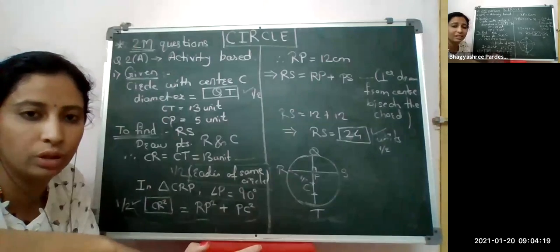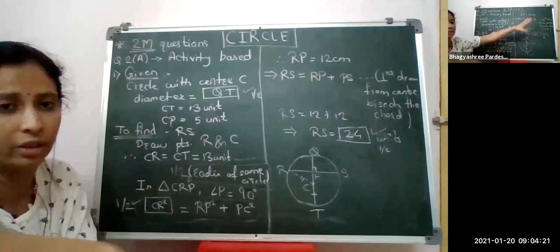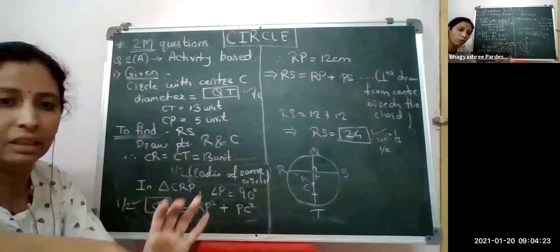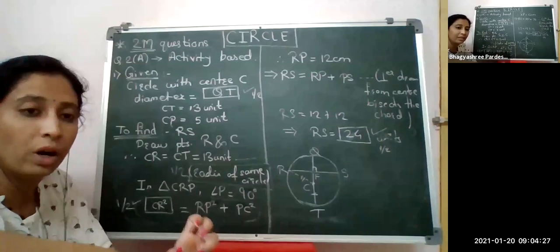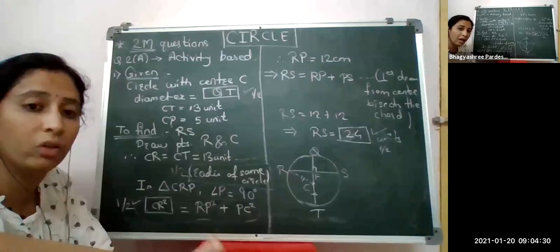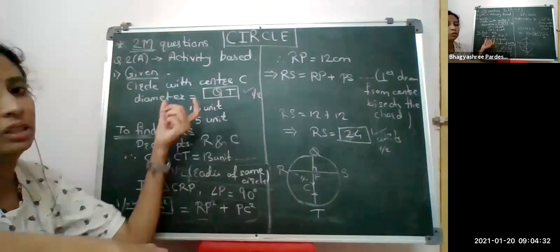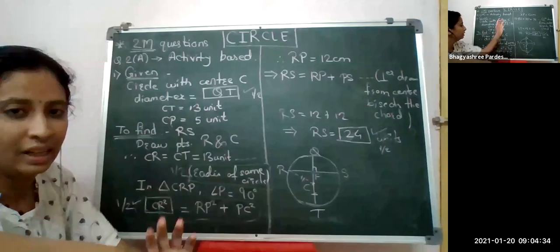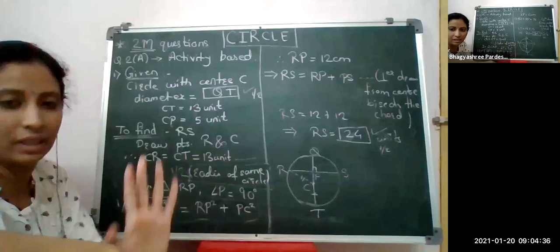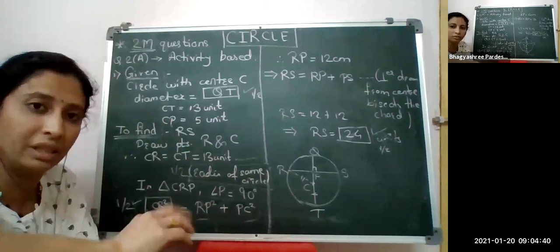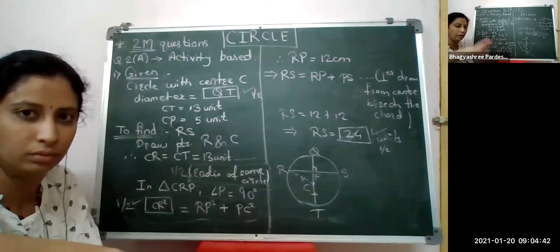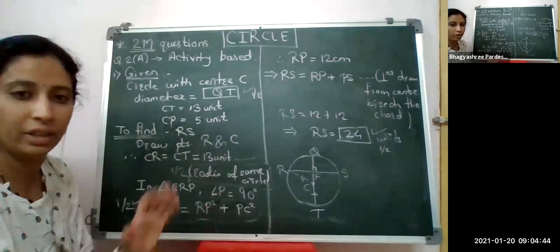So it was easy, student. Nothing else, we are done. All the answers are properly written there. Only if your basics are very clear, if you know the basic theorems and the basic formulas, we can solve this type of question very easily. Simply fill the blank space. Yes, everyone clear? Any doubt in this question or this type of question? Okay, I suppose that everything is clear to everyone.